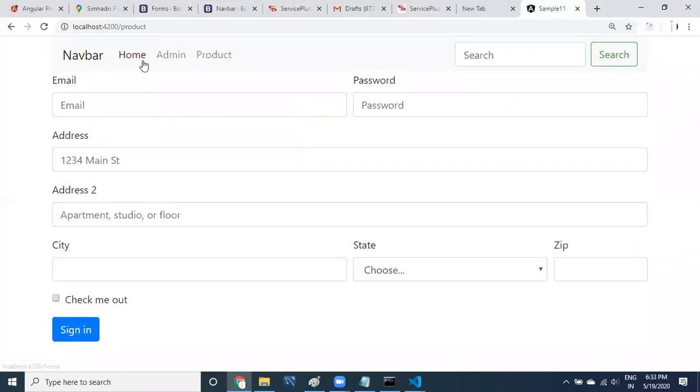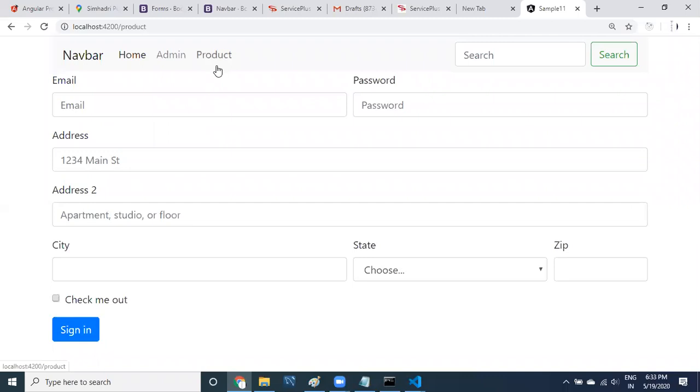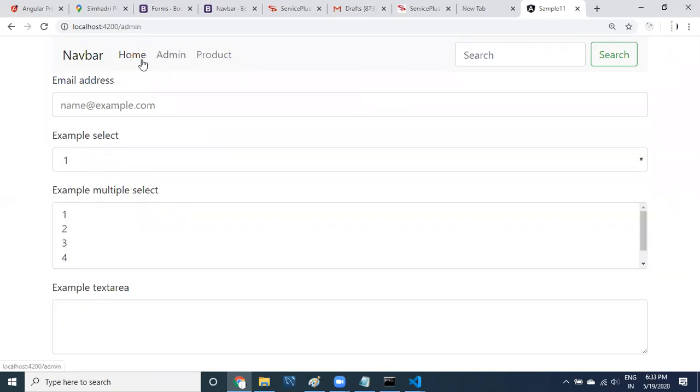See here, guys, now it is looking better. Just look at how useful it is. You can shift from one component to another component. See here, guys, this is how simple it is.